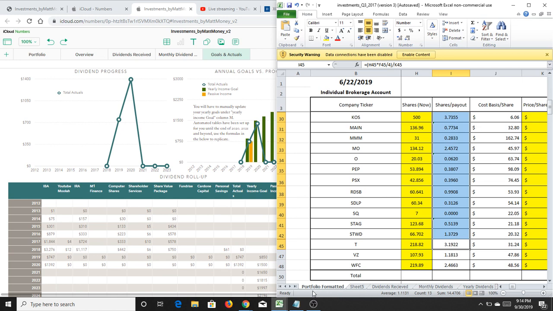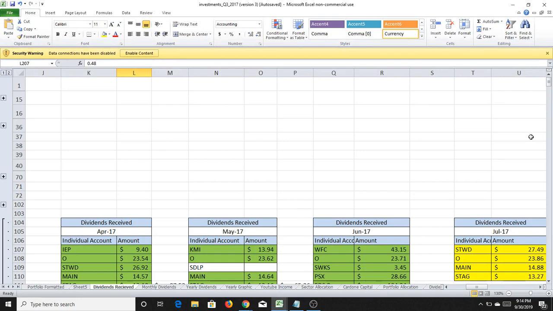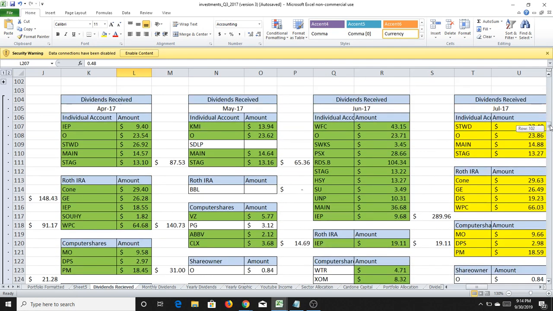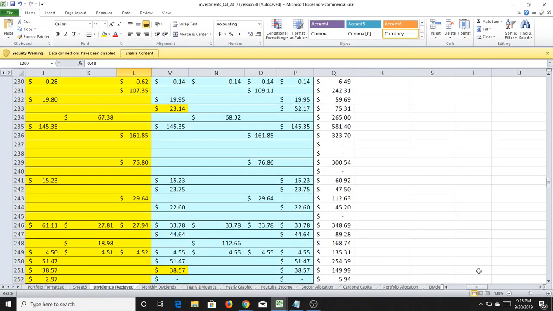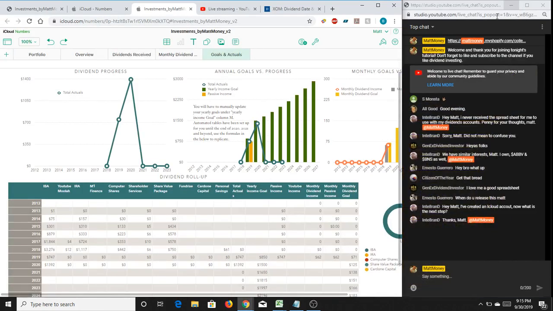It used to be something called portfolio. Now you see this tab is called portfolio formatted. Every single time, I sit around and think about things to make my life easier. I used to track the dividends like this so that I could color things in. Then I switched to something more like a table like this, and that was really manual, and now it's very, very automated. So now I can focus less on